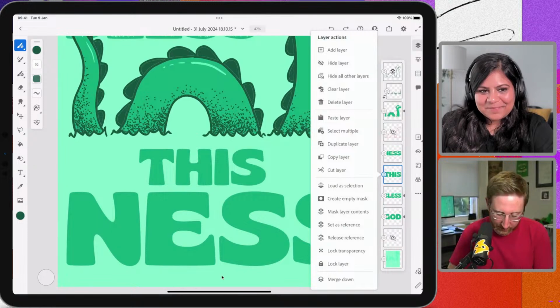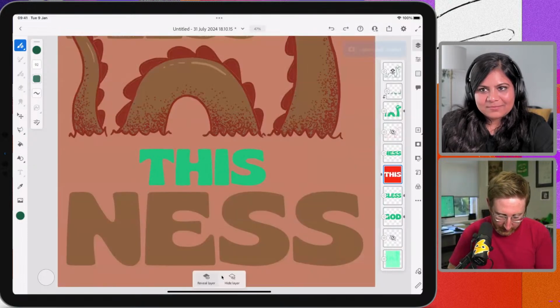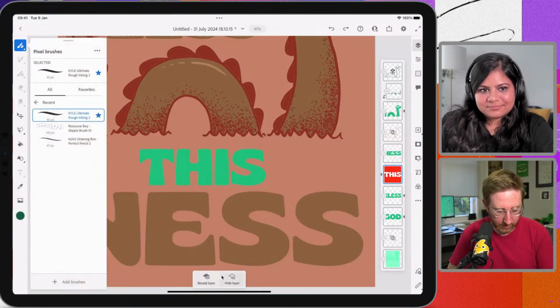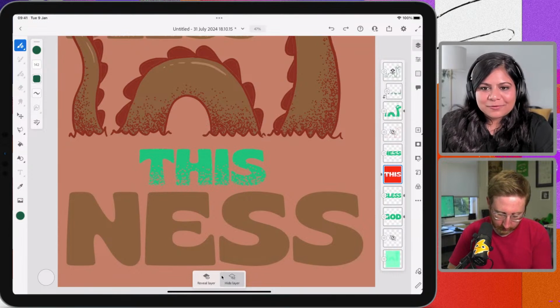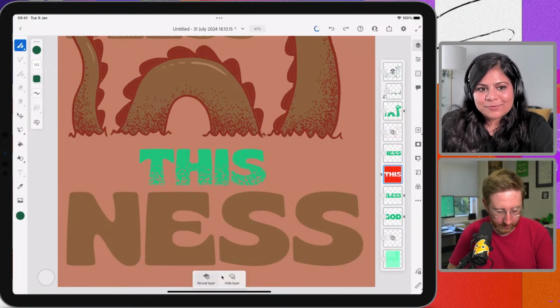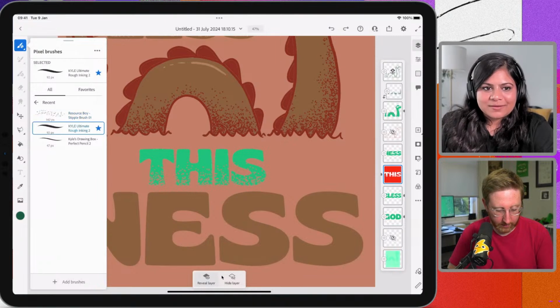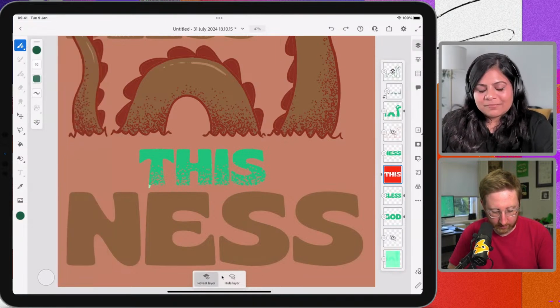So again, just doing the same thing here. I could have put these all on one layer, I suppose, and done it all together, but it doesn't really matter. If you do it this way, that also gives you a non-destructive workflow where if you don't like one of those, you don't have to delete all of it. You can just redo one of them. If we mess something up, we can just undo it really quickly.